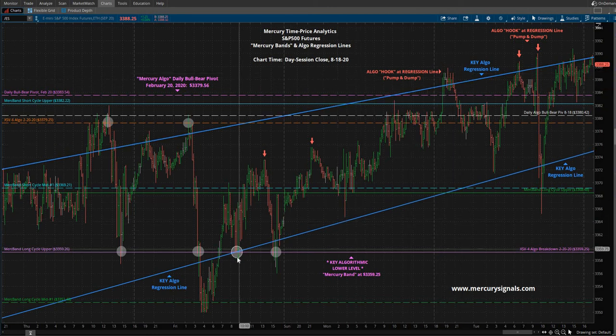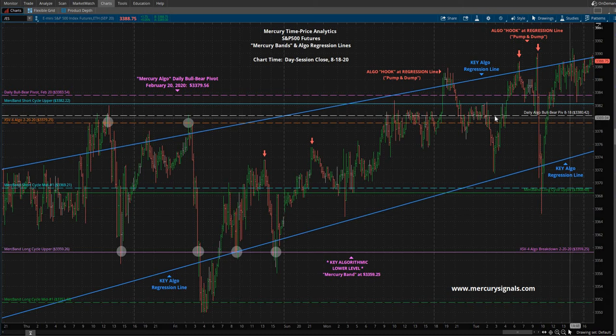So sometimes you get just one little poke, one little bar above or below the regression lines. And then sometimes you get these algo hooks where they'll take it up, they'll lure everybody in, and then boom, that's the hook. They lure you in, run your stops, or get you to flip long, and then they take it the other way. And conversely, they'll make you think this thing is just going to have the bottom drop out of it and get you to start chasing it long down here,